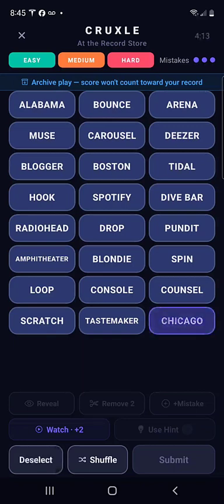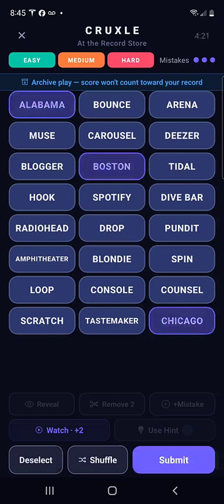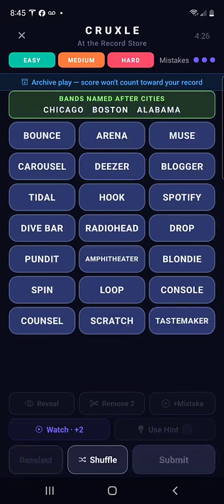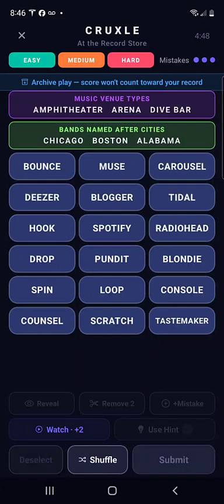So Chicago, at the record store. So Chicago, Boston, Alabama. Those are cities. And so I was thinking Chicago and Boston are like 80s bands. Alabama's a country band, but okay, bands named after cities. That's what it is. Then we have arena. So if I'm playing a gig, I'm going to play in an arena, amphitheater, and what else? Dive bar. Okay, so then we have,